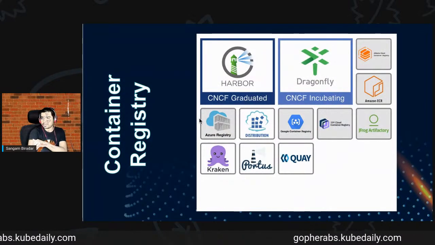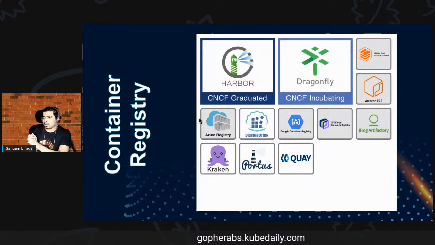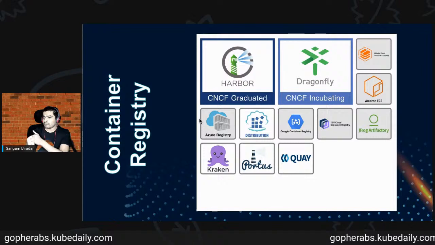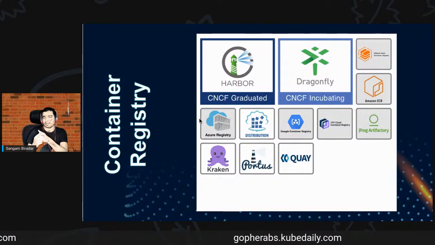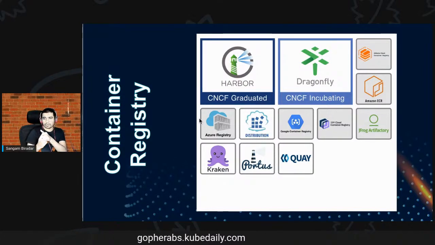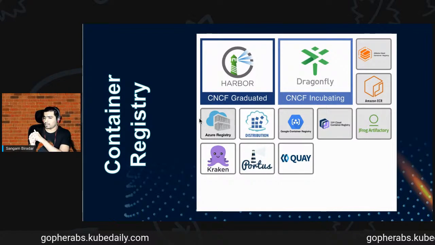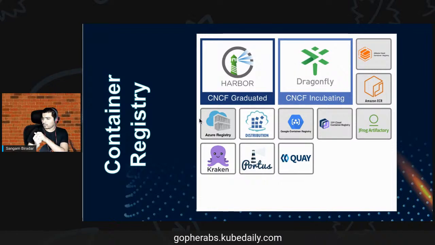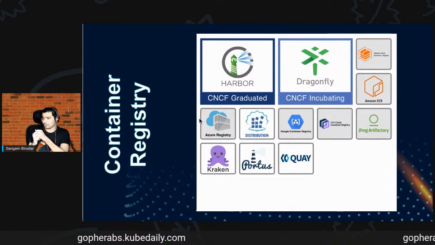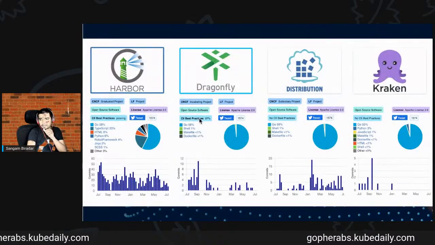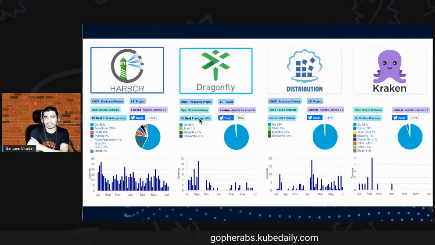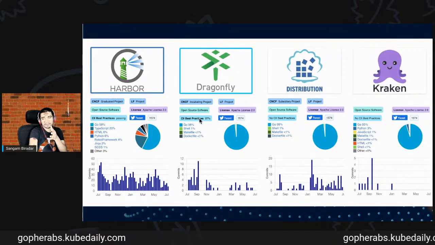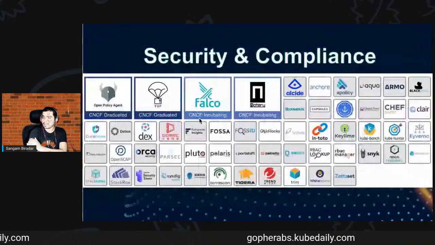Container registry. The container registry has become the place for storing your whole set of images. Different cloud providers provide different registries. There are two projects, one incubated and one graduated. Harbor is a registry. Portus is good. You can check it out, Portus and other artifact storage solutions. This whole set of container registries is written in Go, so you can automate these registries with Go. They have rich Go APIs.